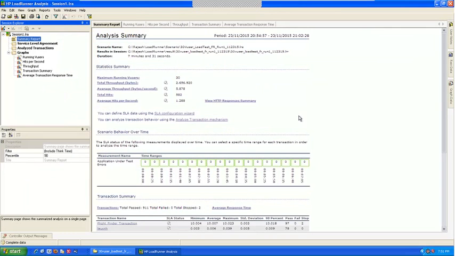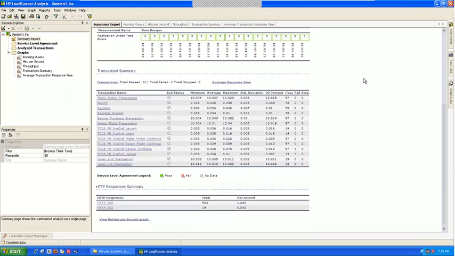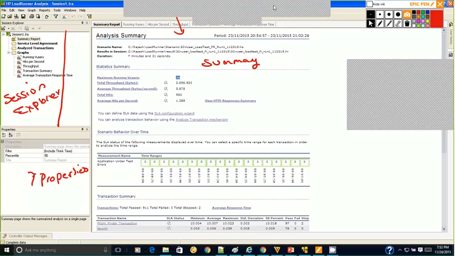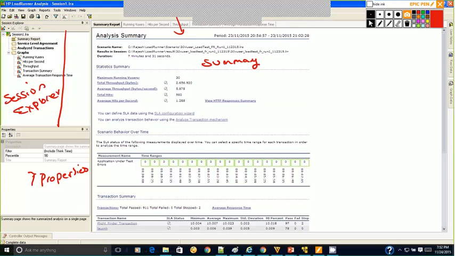Now we see here the first graph that comes up is the summary. When I select the summary report, it gives you everything in one go. That is, what your scenario name is, where it is located, how long we ran the test, how many users we ran the test with.